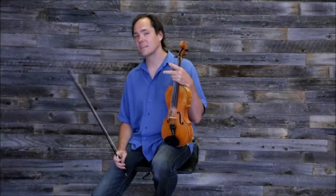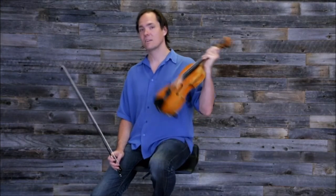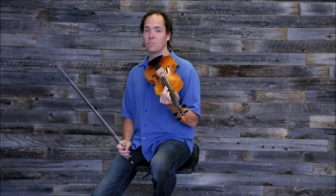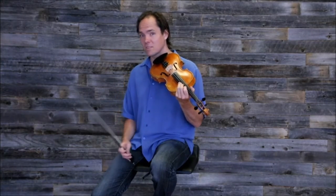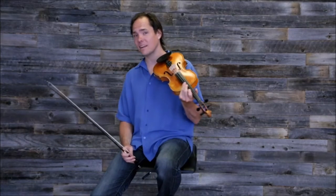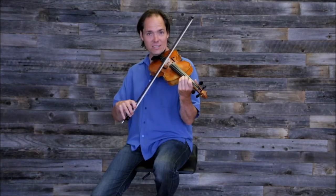So one of the nice things about this tune is there's lots of repetition of patterns. So we have this pattern that we play a bunch of times, and then we have this pattern, and you can practice those by themselves. You can play that until you sound really good and clean on just that pattern. Then we can practice this pattern,